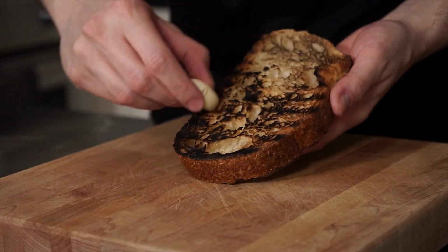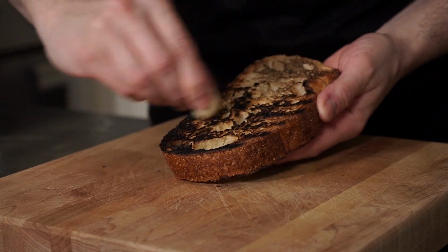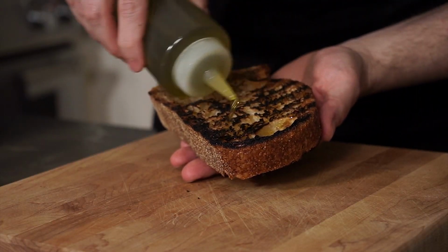So you take some stale bread, you roast it over the fire and get some nice char marks. You get fresh garlic, you rub it over the bread, drizzle extra virgin olive oil, finish it with some flaky salt, and this is what you end up with. Bruschetta, also known as fettunta, which means like a greasy, oily slice. And this is delicious on its own, but nowadays we take that technique and we just use it as a vessel for a variety of toppings, like the ever so popular tomatoes, or like what I'm going to show you